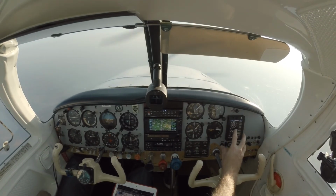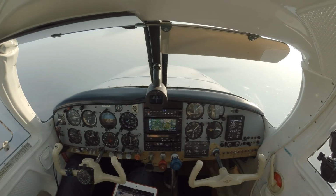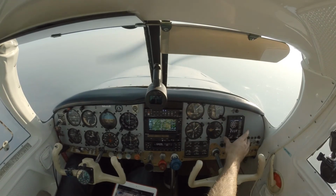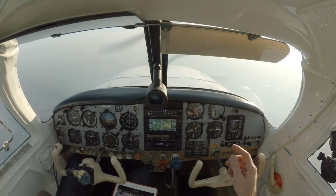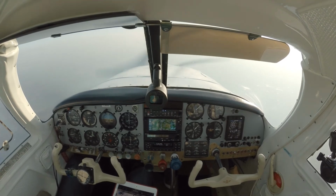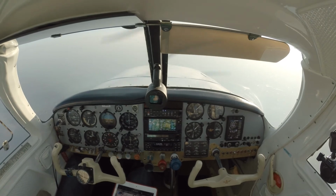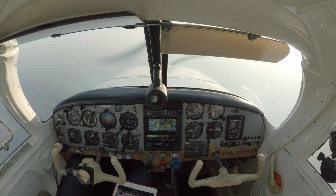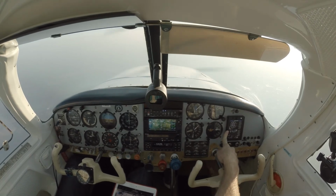This combines most of the primary engine data. It is only certified secondary, so I could not throw out all the steam gauges. But that wasn't the important point for me. The point why I went this route is to have reliable EGT and cylinder head temperatures for flying lean of